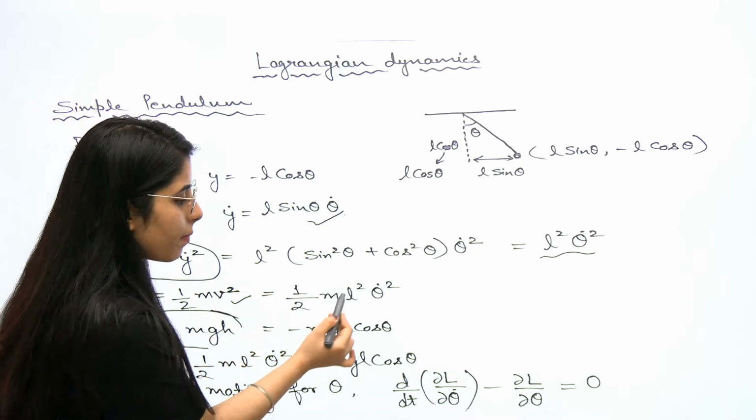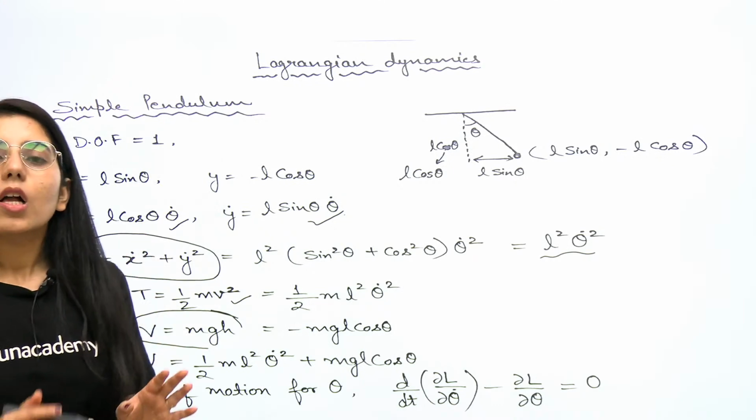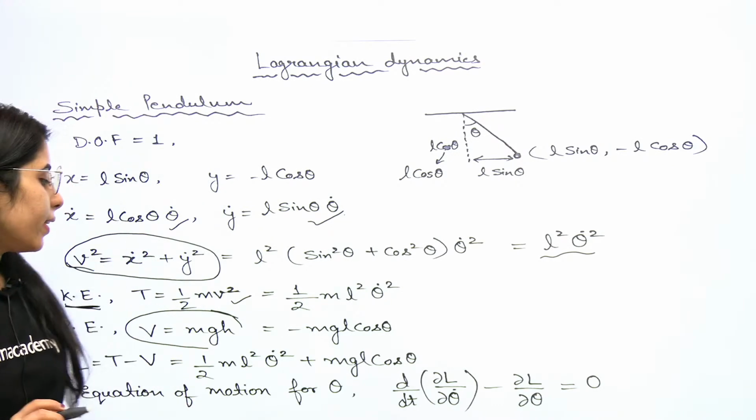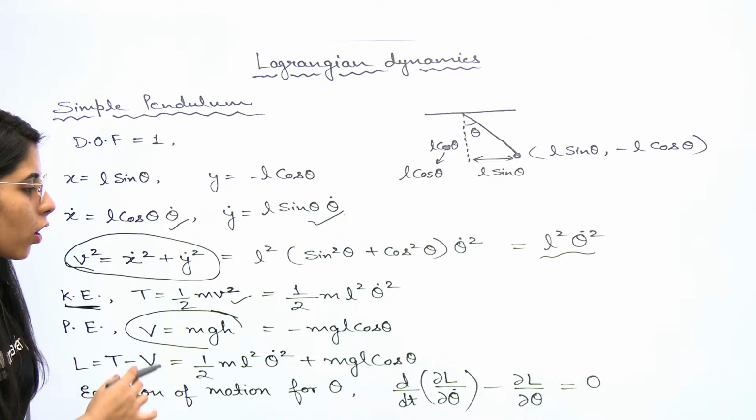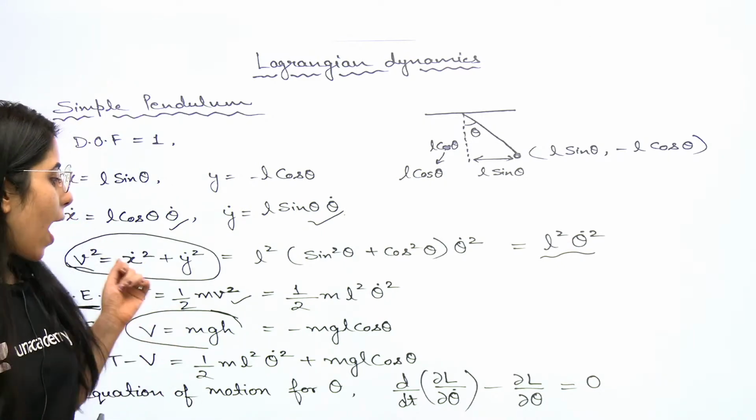That's going to be half m L square theta dot square. You will just put it in the kinetic energy formula, which is half mv square. Done. Next thing, if I'm going to talk about the potential energy expression, that is going to be mgh, height,